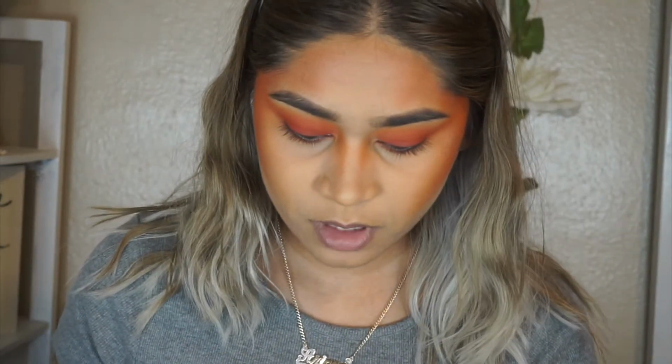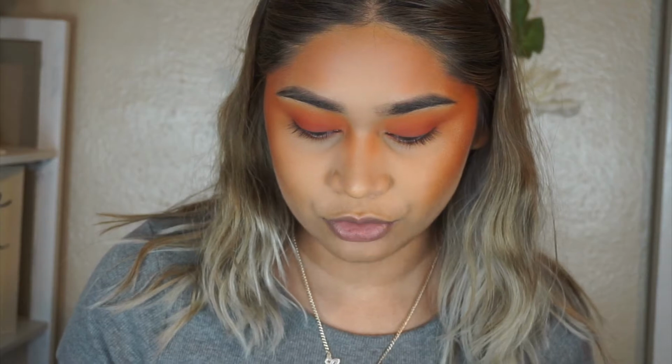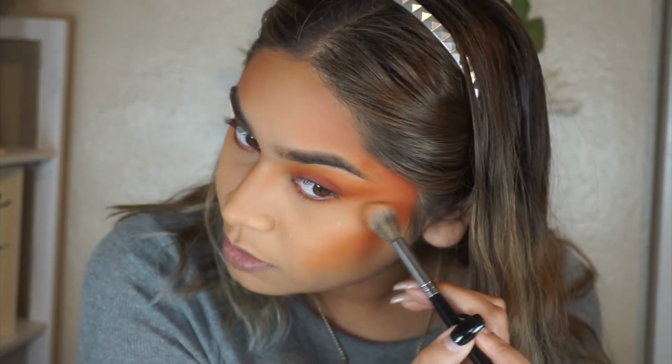Now I'm gonna add some highlight. I want more of a yellower gold. So I'm gonna take my Too Faced Chocolate Bar palette. And I'm going to go in with this chocolate gold shade. I used to use this as highlighter as a dupe for the Fenty Trophy Wife. I'm going to take a little bit of that on my brush and I'm just going to put it...